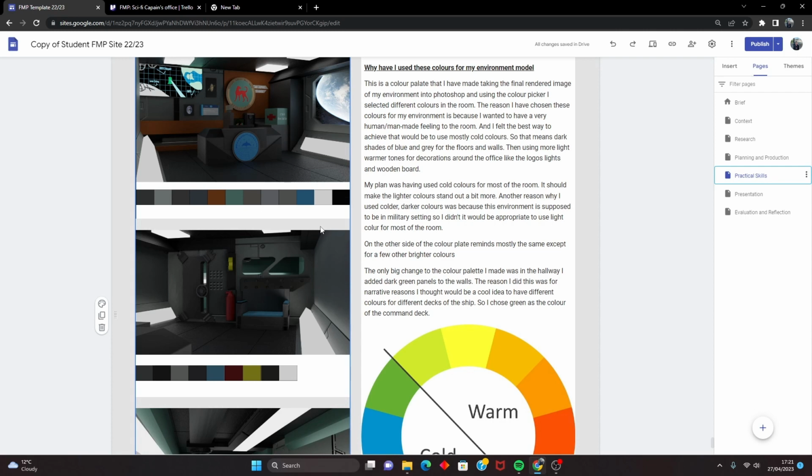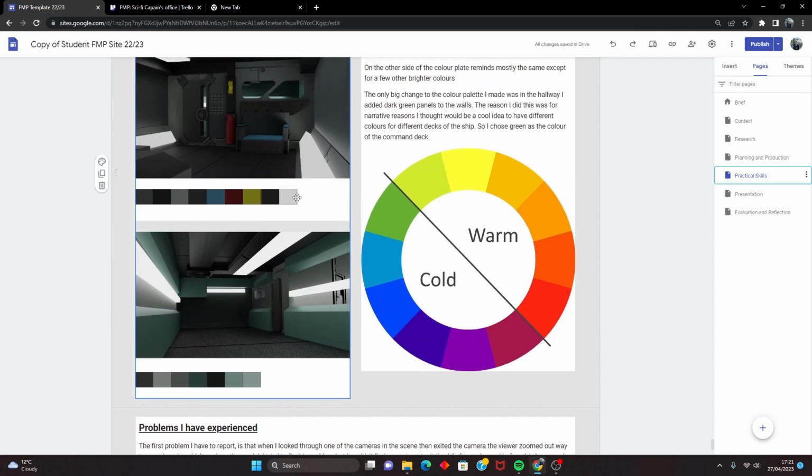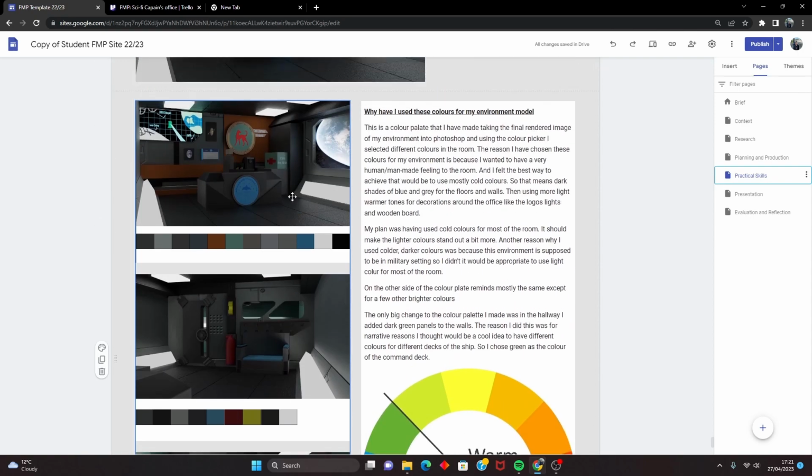Now I've done this so far, and I'm not sure if Rob wants me to go into a bit more detail, because he also wanted to talk about the atmosphere that I wanted for the environment. So I think I might do a bit more on this because I think Rob will be expecting a bit more from this section